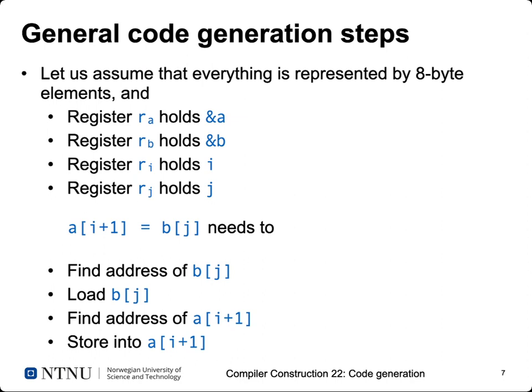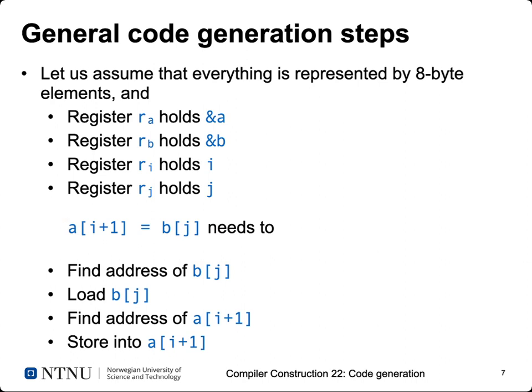So to continue with our example, we just assume that everything here is represented by 8-byte elements and that we have certain conventions here. Register RA, so just any given register with an index A, holds the address of variable A. Register RB holds the address of variable B. Register RI holds the value of I. And again, register RJ holds the value of J